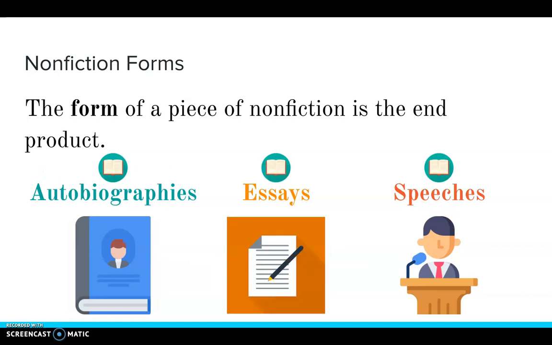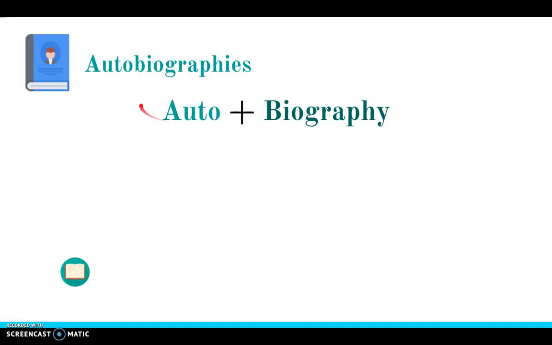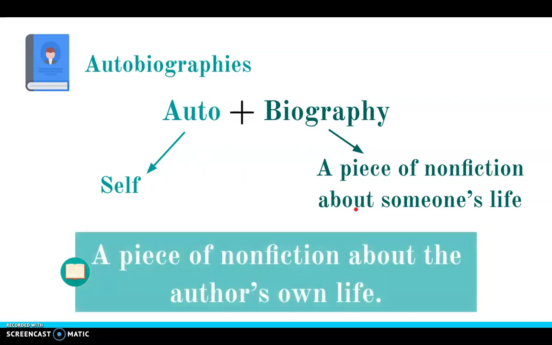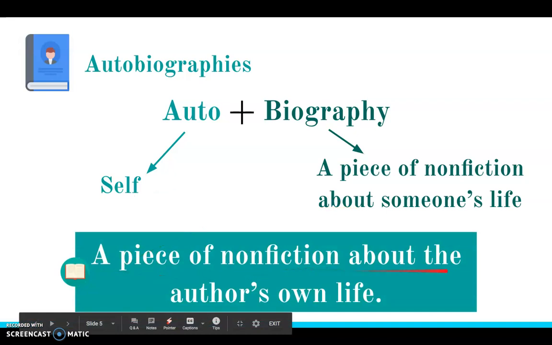All right, let's talk a little bit more about each of these final products that nonfiction can come in the form of. So we got autobiographies to begin. Autobiography is a big word, but if we split it up, it's a little bit easier to make sense of. Auto is a prefix that means self. Biography is a root word that can exist on its own, and it means a piece of nonfiction about somebody's life. So, if you add this prefix to this root word, you get a piece of nonfiction about the author's